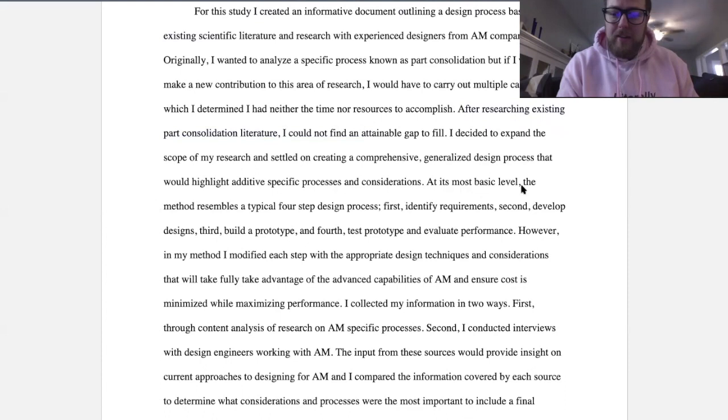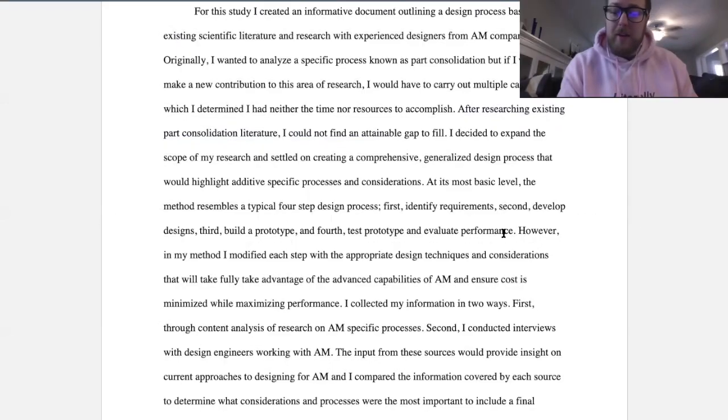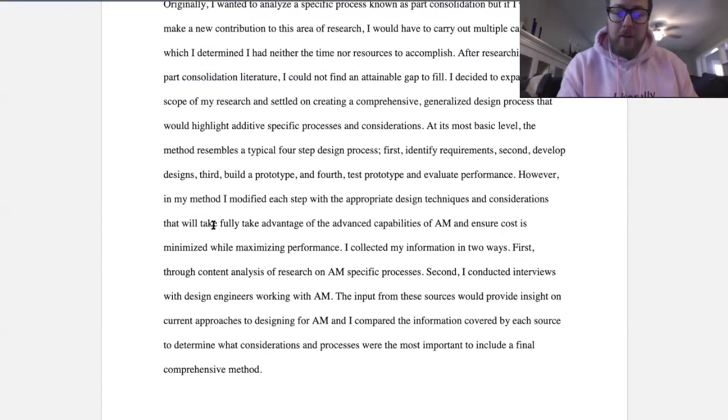At its most basic level, the method resembles a typical 4-step design process. First, identify requirements. Second, develop designs. Third, build a prototype. And fourth, test the prototype and evaluate performance. However, in my method, I modified each step with the appropriate design techniques and considerations that will